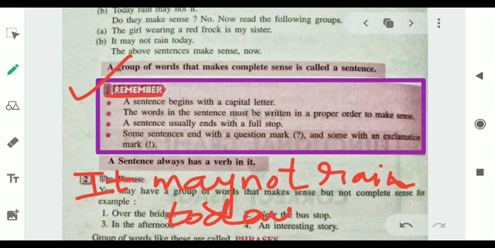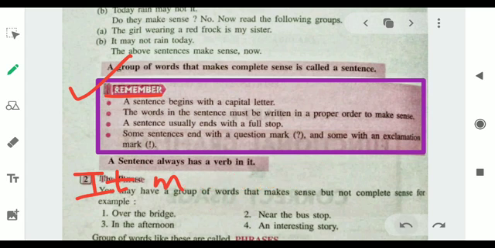today. Now students, you can see that the very first word of the sentence is it, and the very first letter of this word is I, and I have written I in capital letter. You all have to follow this rule and remember that sentence begins with a capital letter. Now let's erase this and move further to the second point of the box. Yes, students, the second point says the words in a sentence must be written in a proper order to make sense. As the definition of sentence says that it should make